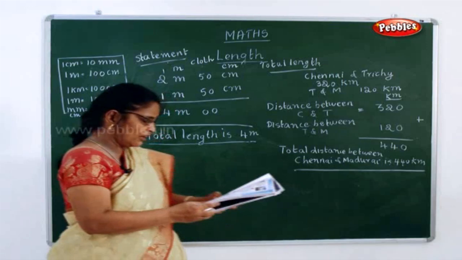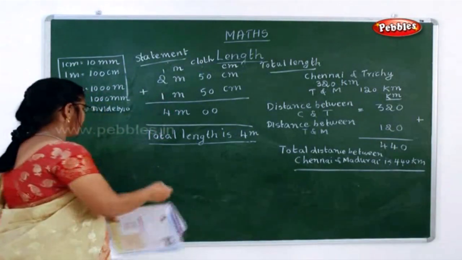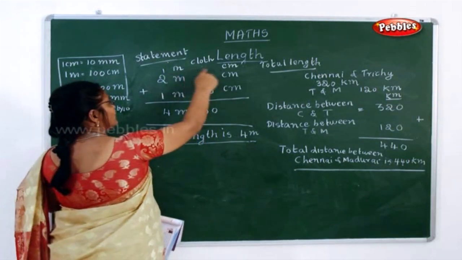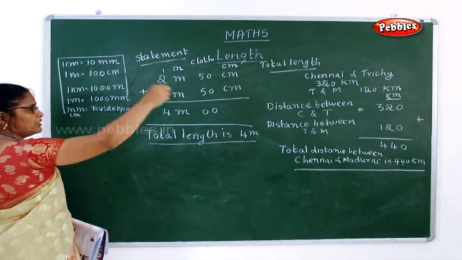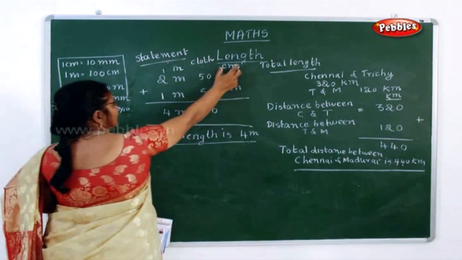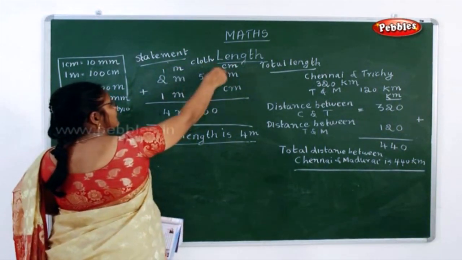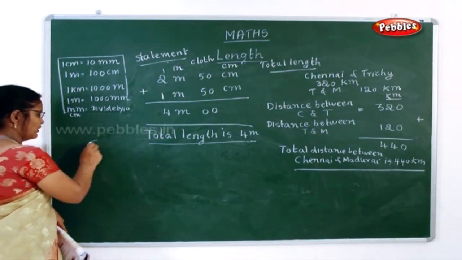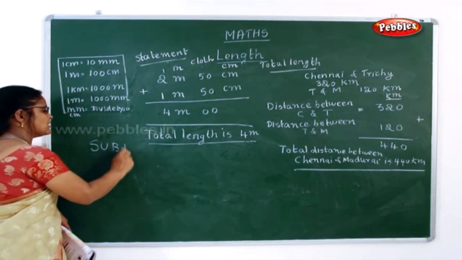The next one, can we go on with subtraction? Very good. I think addition you are clear now. So you have to add, and always when you add, before you start with your addition, first thing, basic thing, you have to write the heading, what they have given, either meter, centimeter, kilometer, all that you have to be very clear now. Now can we go on with subtraction?